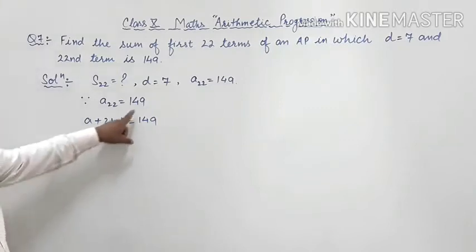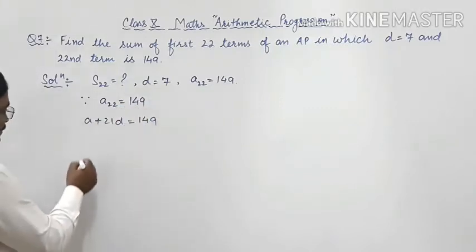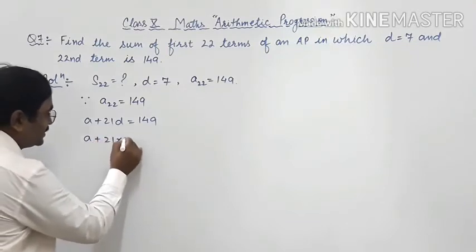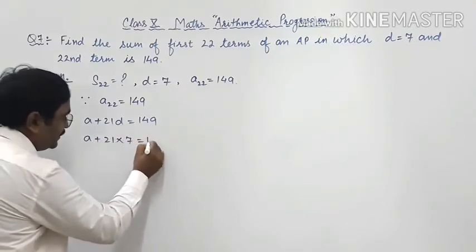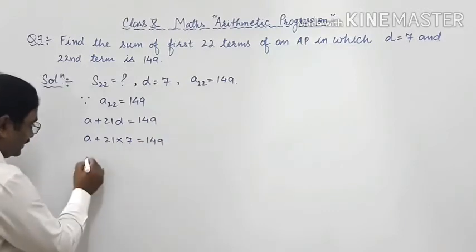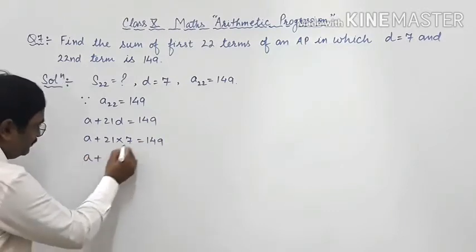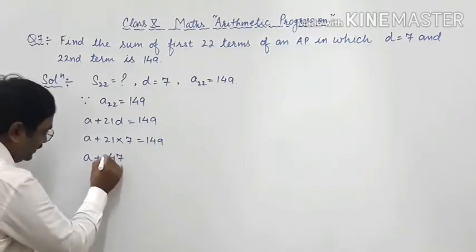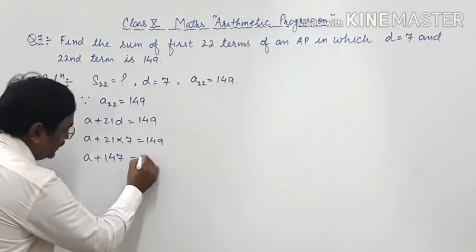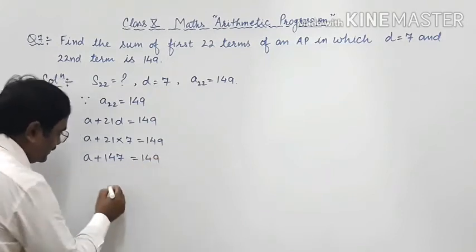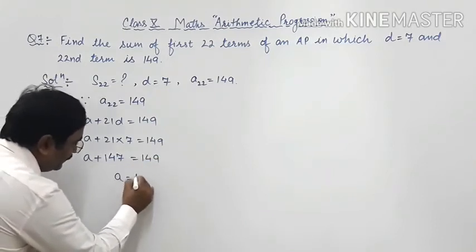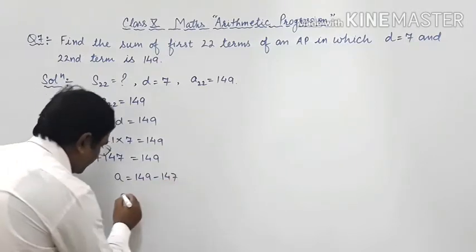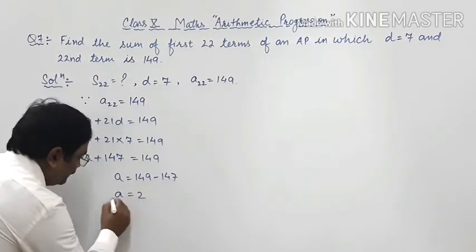Now substitute the value of d from here. So a plus 21 multiplied by 7 is 149. Therefore a plus 7 ones are 7, 7 twos are 14, equal to 149. So we will get the value of a: 149 minus 147, which is equal to 2, is the value of